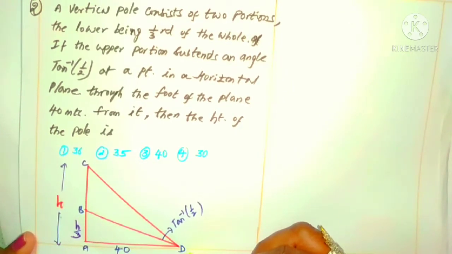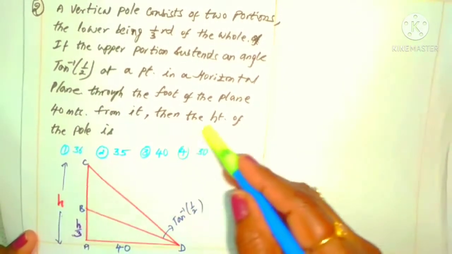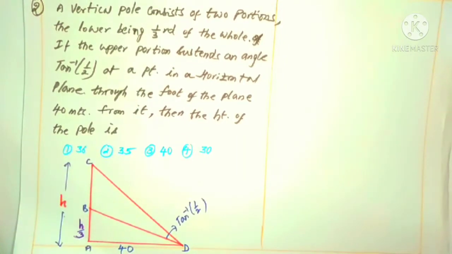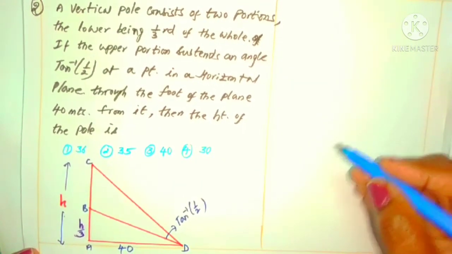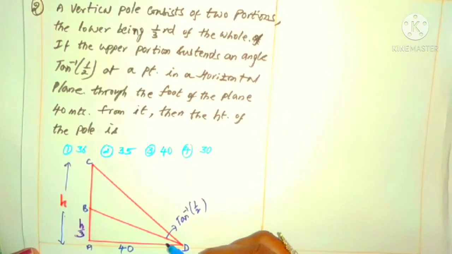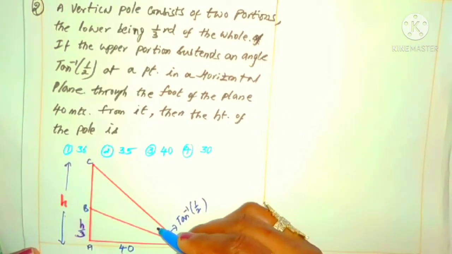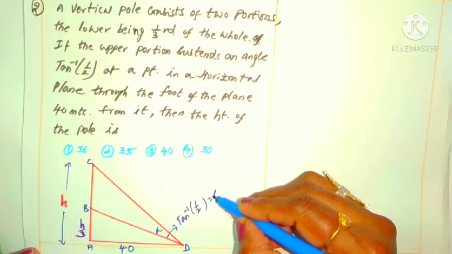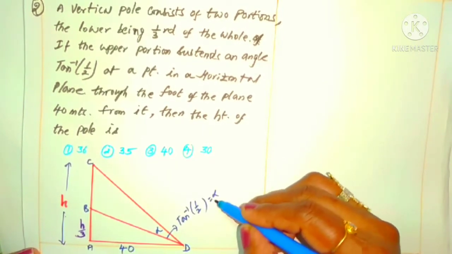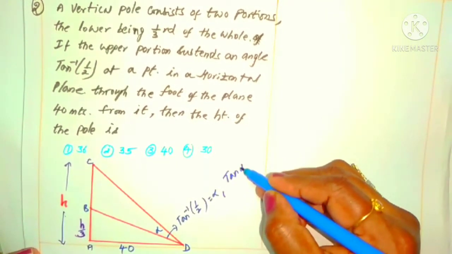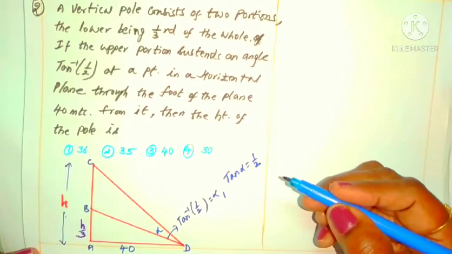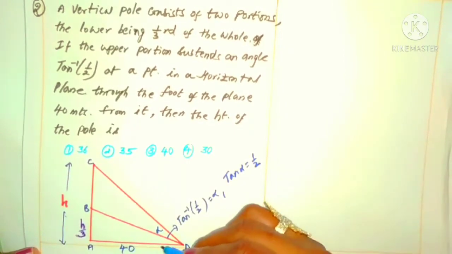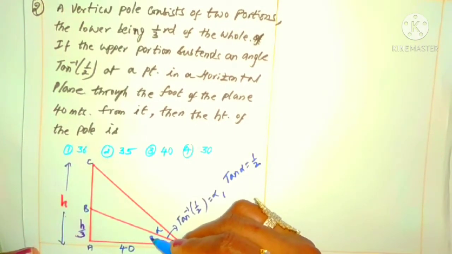That's it. Now we can concentrate on what is being asked. The height of the pole is asked. Height of the pole means h, we want. So to find h, for our convenience, let it be taken as alpha. Tan inverse 1 by 2 is alpha, meaning indirectly tan alpha is 1 by 2. Like the previous question, only the values and names are changed here. And this angle I have taken as some beta.